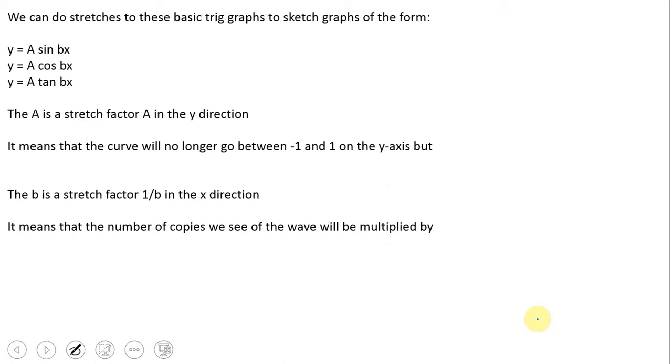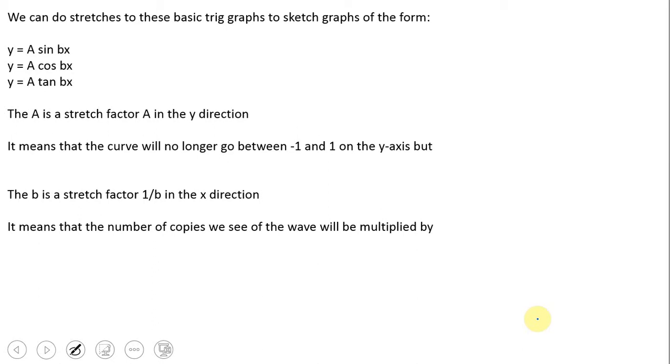Now we can do stretches to these basic trig graphs to sketch graphs of the form y equals a sine bx, y equals a cos bx, and y equals a tan bx. The a is a stretch factor a in the y direction. This means that the curve will no longer go between -1 and 1 on the y-axis. This is of course for sine and cosine curves, which we most often do the stretches for. It won't actually make a visual difference to the y-axis in a sketch